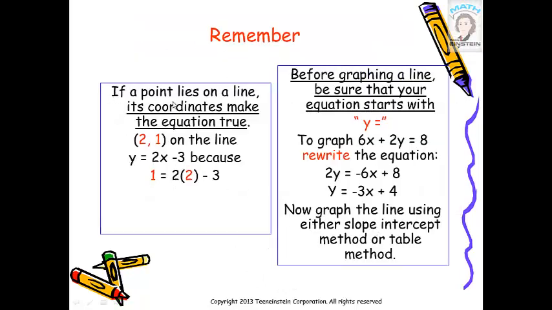Remember, if a point lies on a line, its coordinates satisfy the equation. So (2, 1) is on the line, because when you substitute, it satisfies. So before graphing a line, make sure you write y as the subject. Then now draw the graph with a simple table. Put different values for x, calculate the different values of y. At least 3 points is enough to make sure the 3 lie on the same straight line, and draw the